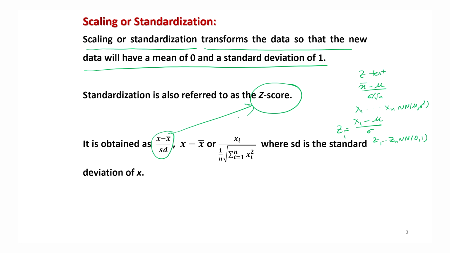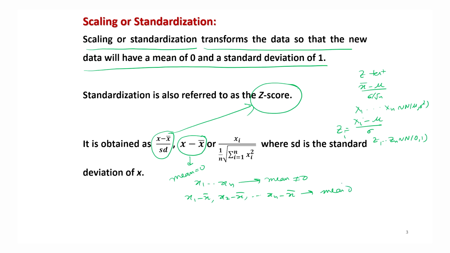Some other procedure where we want to make only the mean 0, then they are obtained by x minus x bar. Of this observation, the mean is going to be 0. Right, means if you try to take x1, x2, xn and transform them to x1 minus x bar, x2 minus x bar, and xn minus x bar, then these observations may have some non-zero mean originally, but they will have mean 0.